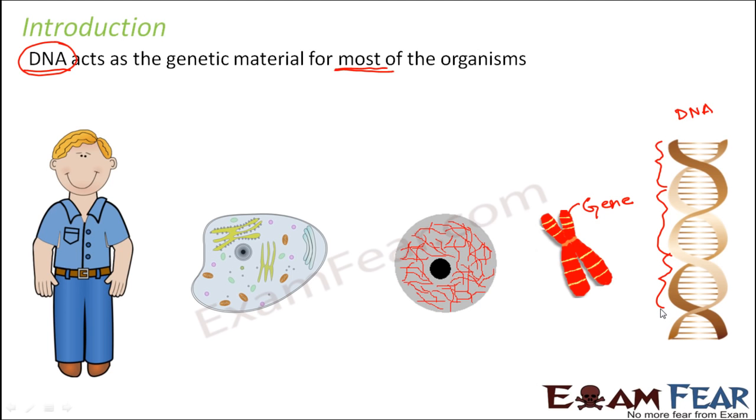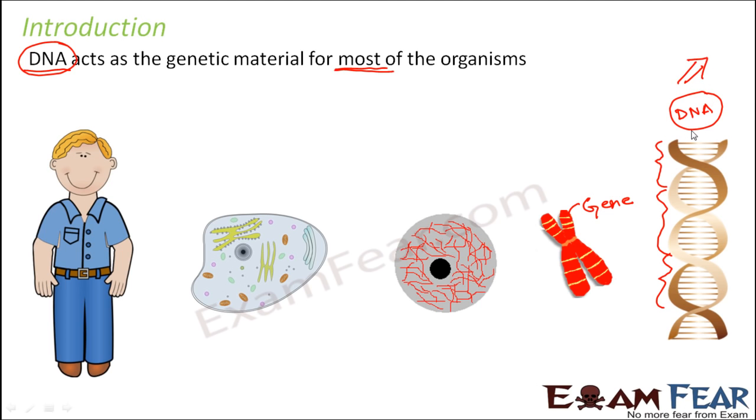Now what do we mean when we say that this portion corresponds to this trait? That means this portion of DNA will help in the synthesis of proteins which will decide the color of your eye. Similarly, this portion will help in synthesizing the proteins which will decide the color of your hair. So it is all dependent on proteins, and protein synthesis in turn is dependent on DNA. Now in this lesson, we are going to study how DNA impacts protein synthesis, how protein